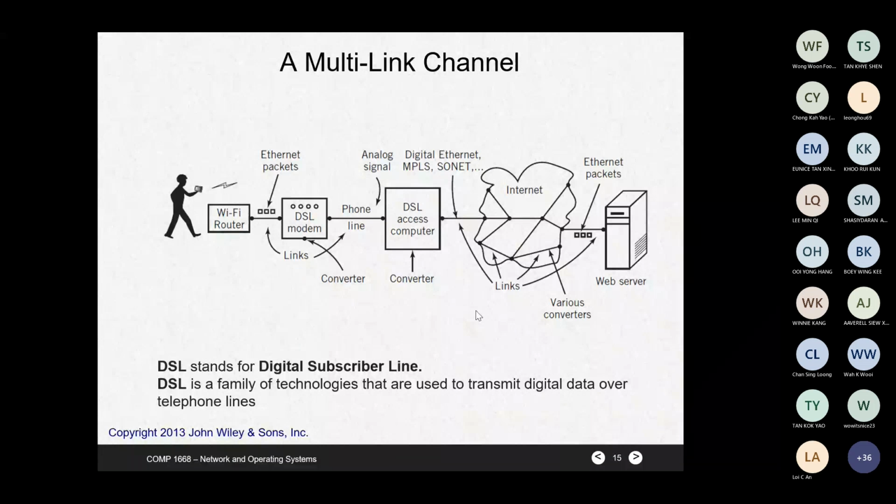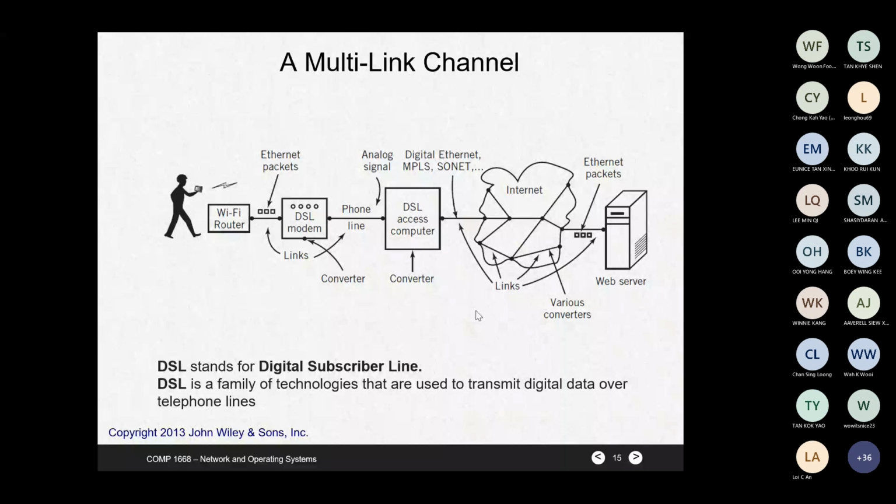Multi-link channel, where you have various routes to get connected. For example, if you look for information from the US, there are multiple routes that you can access the information. For example, you can go through the router from Kuala Lumpur to Singapore, then Singapore connected directly to the US, or maybe the other route is KL to Bangkok, Bangkok to somewhere else and to the US, or to Tokyo and somewhere else to the US. Whichever route is available, whichever route is shortest might work.